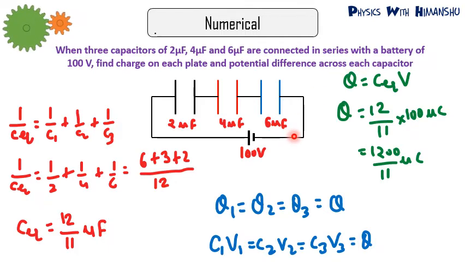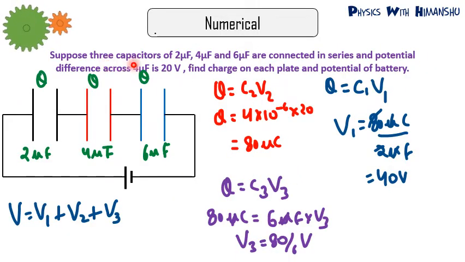If you have any doubt in solving this question, you can message me. But this is a very simple question. So all the questions of capacitor can be solved by this method. First you have to calculate C equivalent, then you have to calculate charge released by battery, and then you have to put individual formulas to find charge or potential difference. Now solving with another numerical.